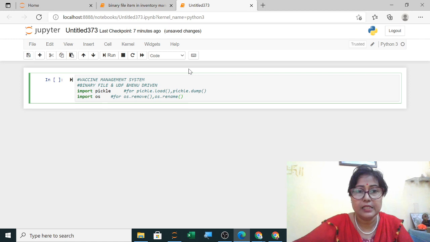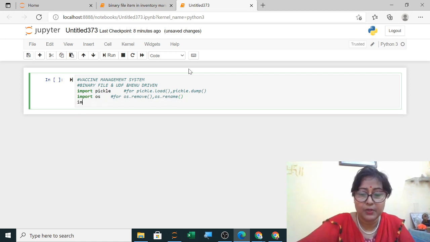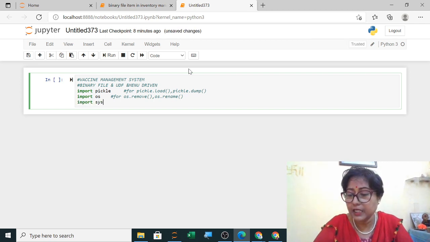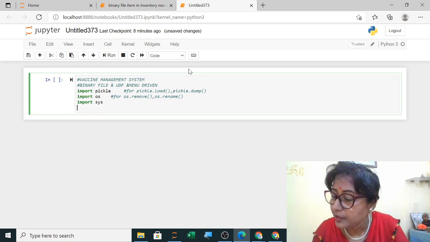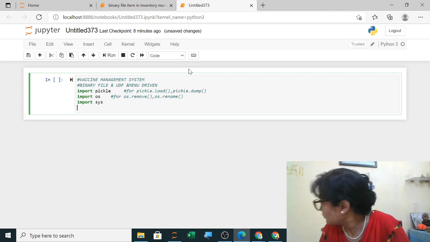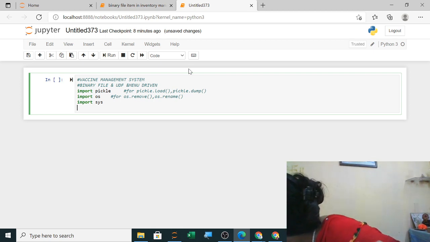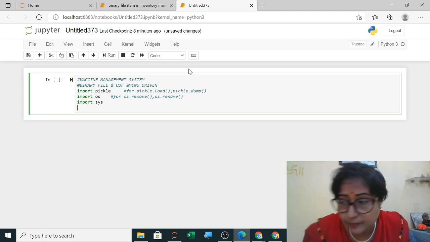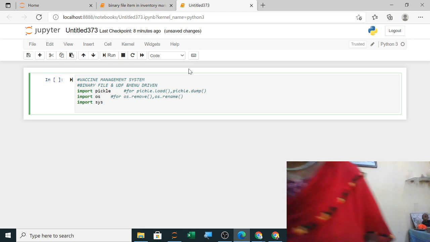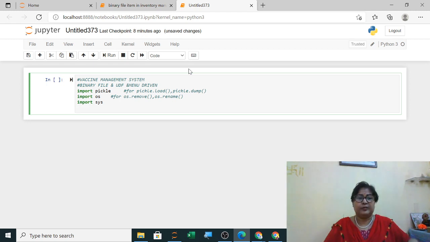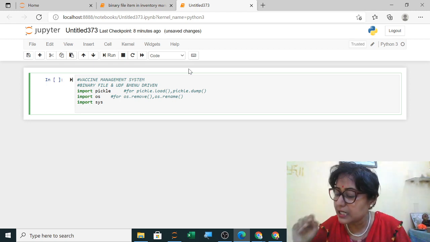Now next is, I am using here import sys also. You all have created it, so you all know how to write it. Keep telling the answers. Now import sys is over.